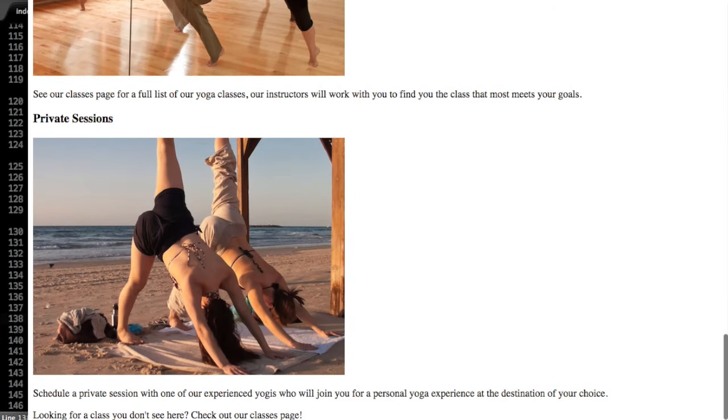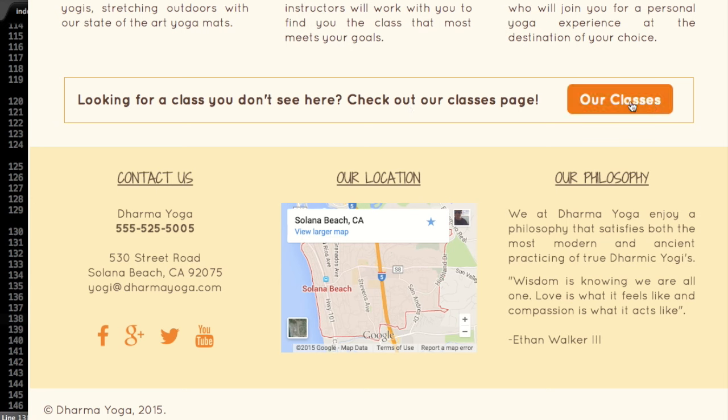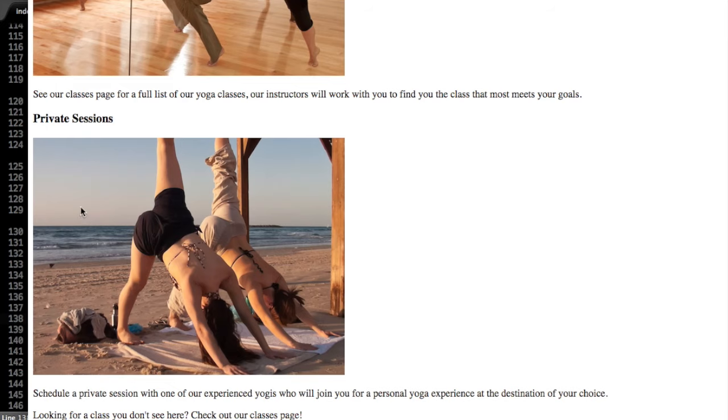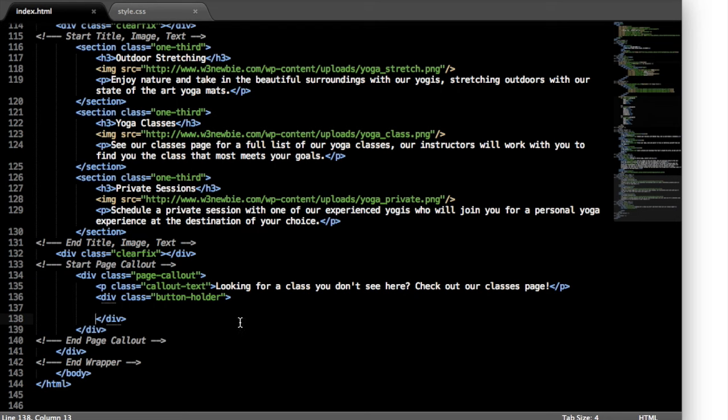So if you refresh, we have the text down here. Now let's add the button here. Most of the button is going to be done in CSS. Here we'll just make a link for it and give the link a class. So links, as you remember from the logo up top, are the A tag. So you want to write A class